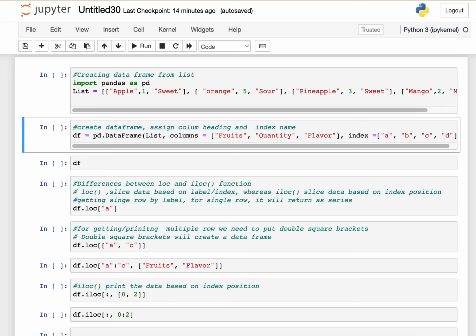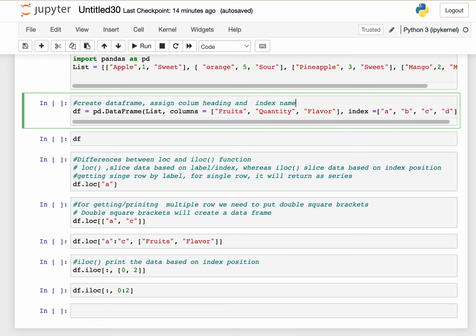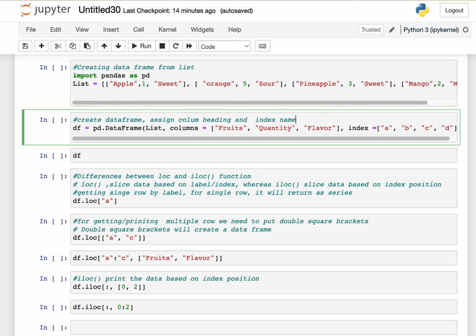Today we are going to see what the difference is between the loc and iloc functions in Python. So let's start. First of all, we have to open the Jupyter notebook, and in the Jupyter notebook the first thing we need